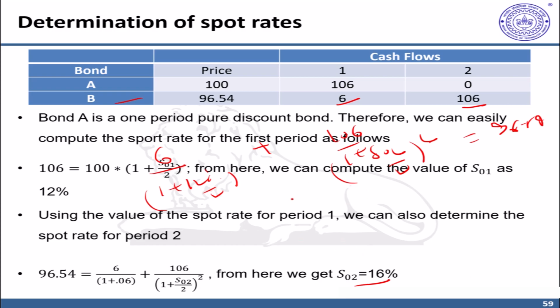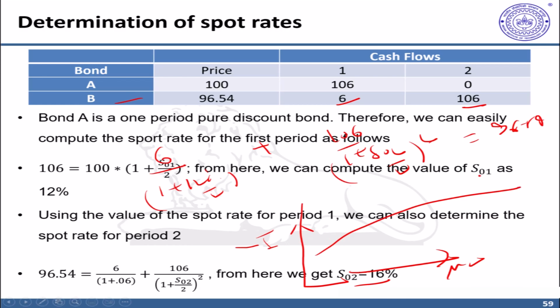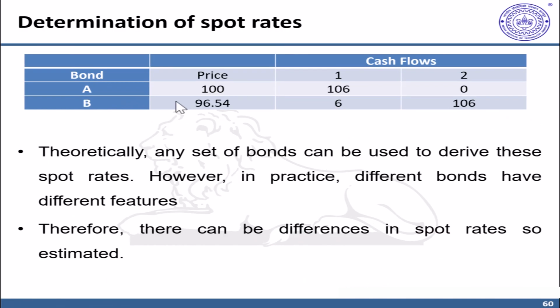Now in this fashion, you keep finding bonds which are strips, and even if they are not strips, step by step you can discover the full spectrum of interest rates across different maturities. And once you have that, you can plot them with maturity and interest. This would be your term structure of spot rates for the risk-free bond. In this fashion, you can have a set of bonds and derive these spot rates.